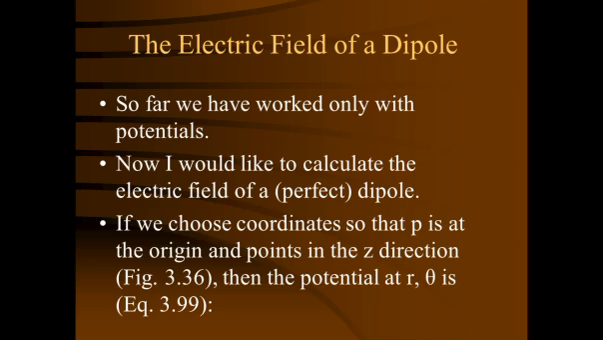Now, if we represent here, V is a function of r and theta. That means we are taking the r theta phi coordinate system. That means we are going to find the E r, E theta and E phi components of the electric field by taking a negative gradient of potential in the spherical coordinate system. So far, we have worked with the potentials. Now, I would like to calculate the electric field of a perfect dipole. If we choose the coordinates so that p is at the origin and points in the z direction, then the potential at r, theta in equation